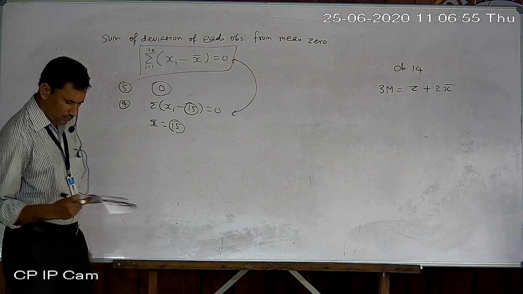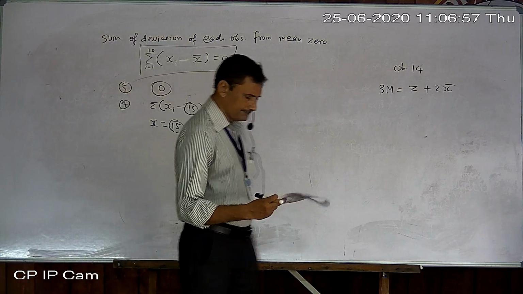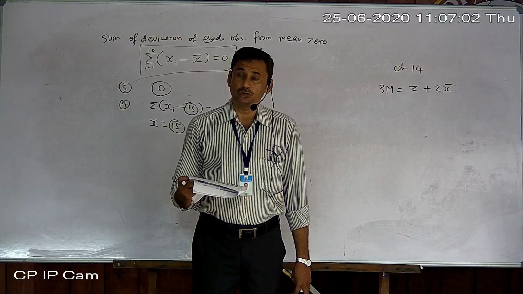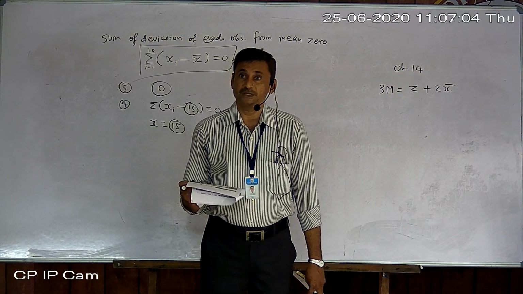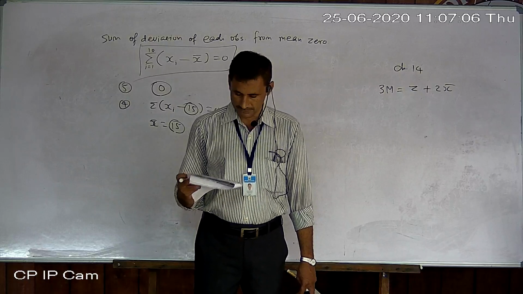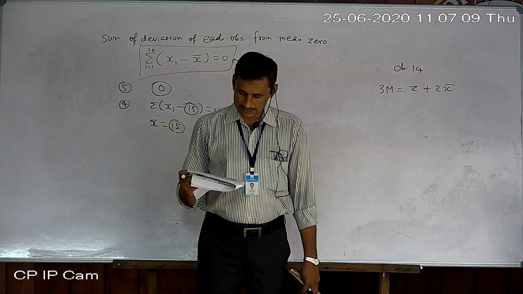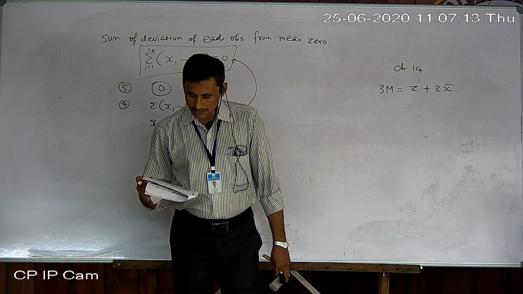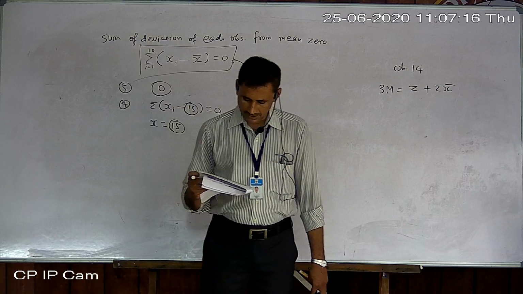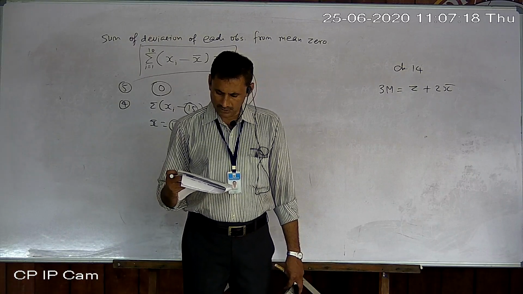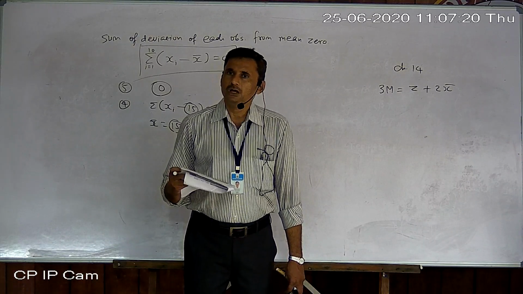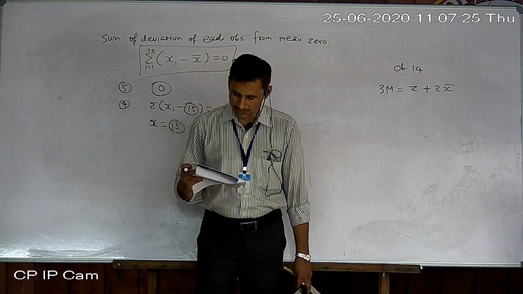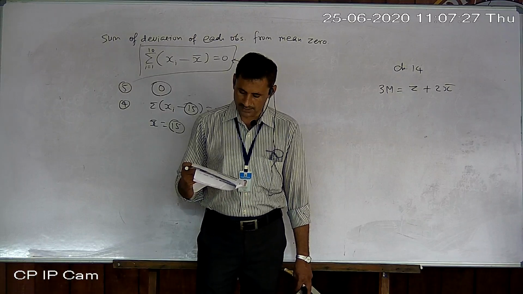Now I think all the remaining are of simple type. Okay, mean of first 5 prime numbers: you know, the prime numbers are 2, 3, 5, 7, 11. Make the sum, divide by 5. Median gives us 7. In number 8 again median is asked. It is number 9. Okay, it is printed 8 but it is 9. Find the modal class of the following data. Modal class means the class having maximum frequency. So maximum frequency is 18. So modal class is 10 to 20.